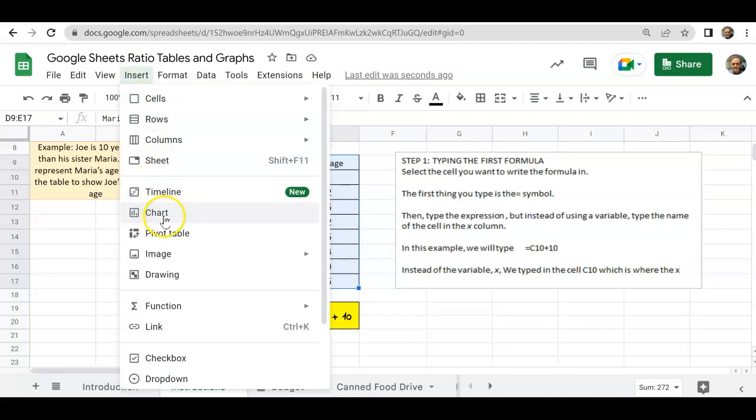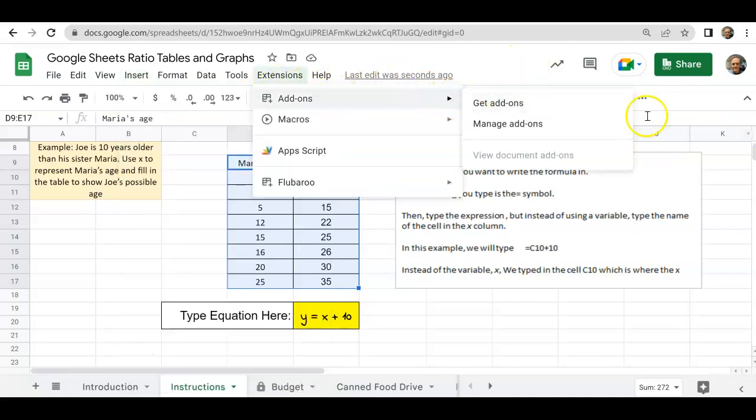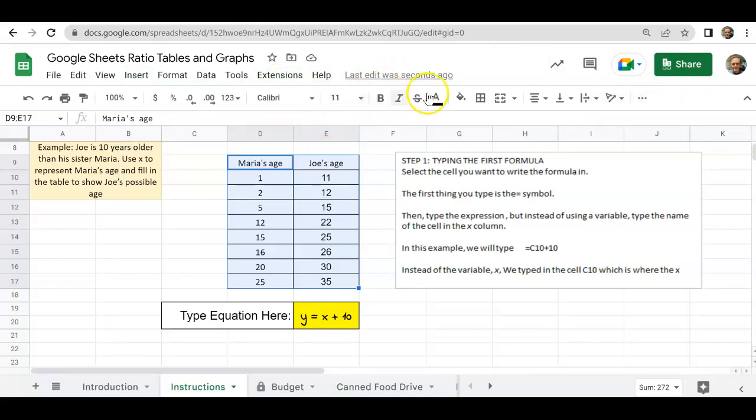So they call it a chart instead of a graph. You can click this, and it's got this little icon. It looks like a graph right here, a little bar graph. Now, you can also find this icon. If you come up here to this bar, you can find this little icon. Sometimes I need these 3 dots. Sometimes it'll appear up here, sometimes it won't. If not, just click those 3 dots and it gives you more icons, and one of those is the insert chart. So you can either go insert up here, or you can find it along here, click insert chart, and